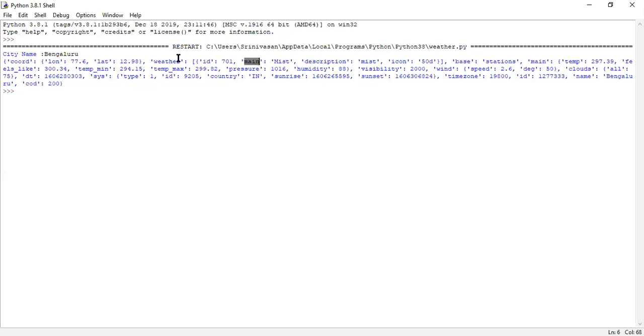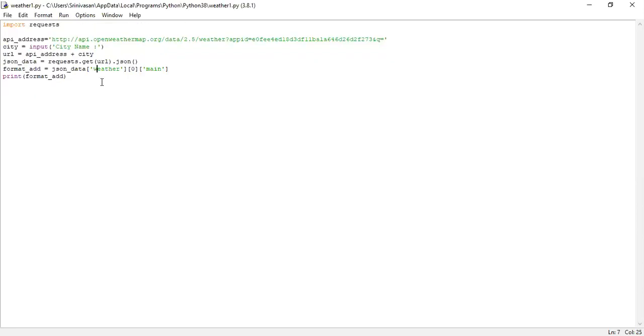You got this, guys? First I'm trying to access this outer weather key value, then its index, then I'm getting into this key value. How I'm getting inside? Yes, sir. Let me show the program once again. Weather is your key. Inside that, it has a list. I'm getting into the first item, which is accessed by index 0. Inside that, I'm trying to print the value of main. That's all. You can do anything.